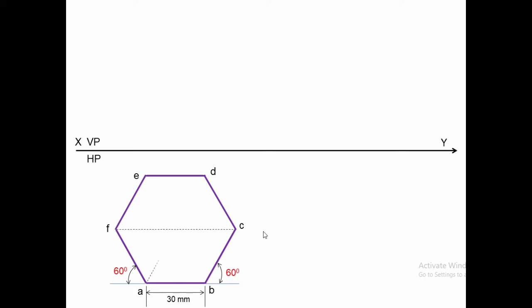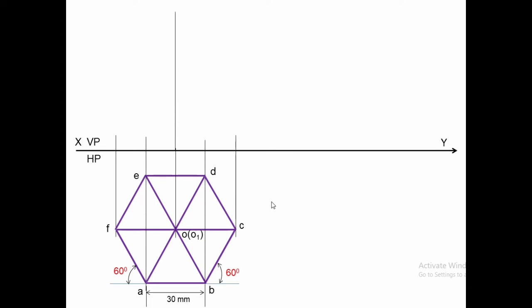Now join the diagonals. You will have the axis. You will get the slant edges like AO, BO, CO, DO, EO, FO, containing the different triangular faces, 6 triangular faces. This is the initial position in the top view. To get the front view, draw the vertical projectors, mark the height of the axis at 60 mm given in this problem.